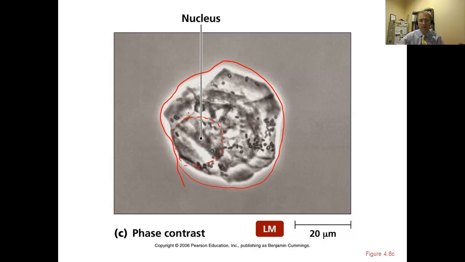The cell that we have here is actually a human cheek cell, and we can see these gray things that we could see before. In dark field they were bright white, and in bright field they were kind of lightish gray. We can see these things actually appear to be sitting on top of this cell, and these are actually bacteria that are sitting on top of this human cheek cell,